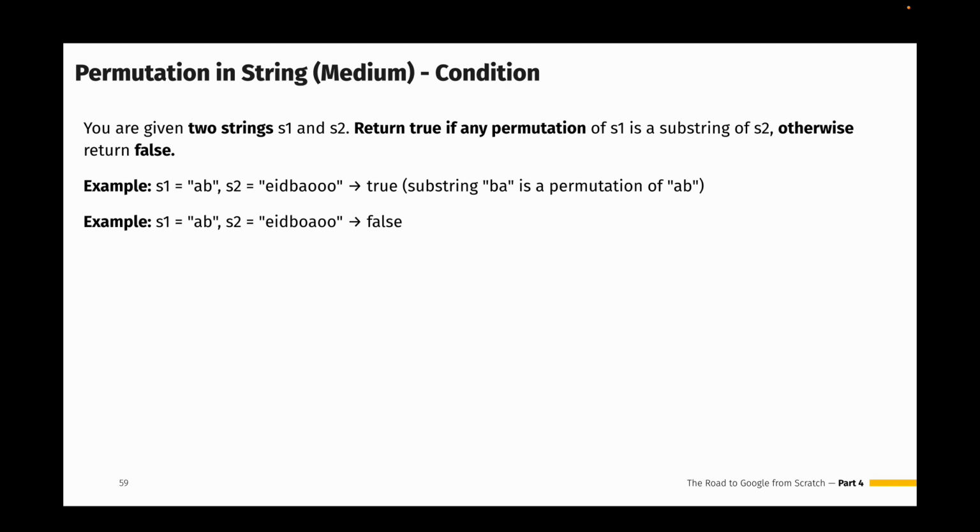And below we have an example where we have a string ab and a longer string s2, and in that case we return true because in the longer string s2 we have ba, which is a permutation of ab, which is inside the string. And what's also an important thing here is that